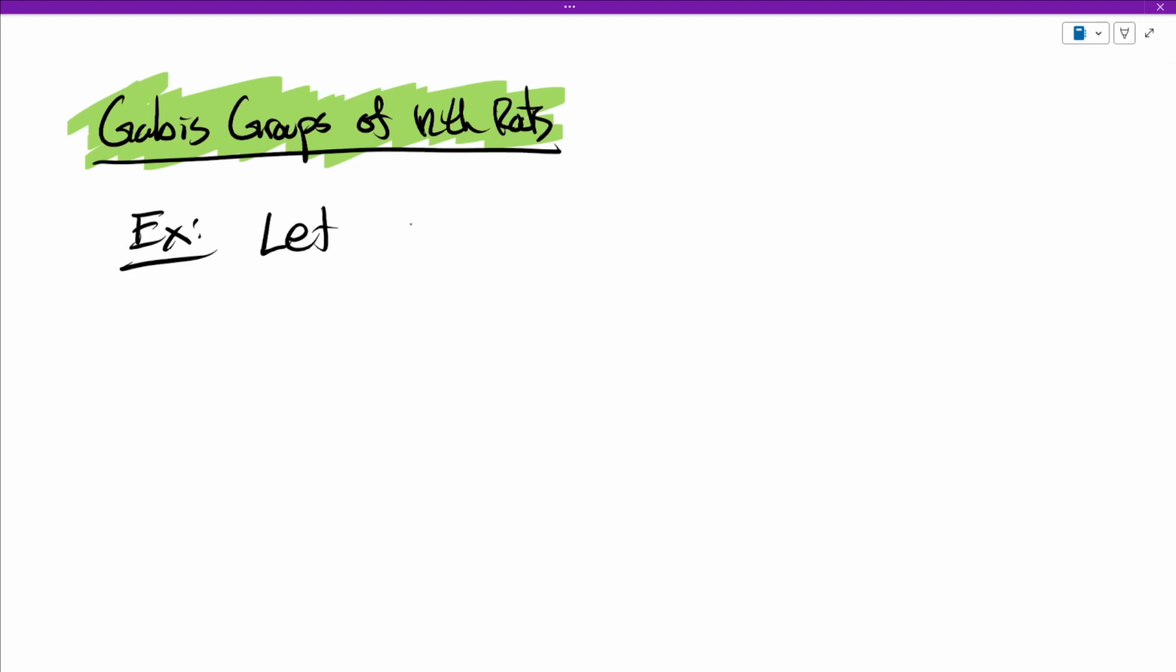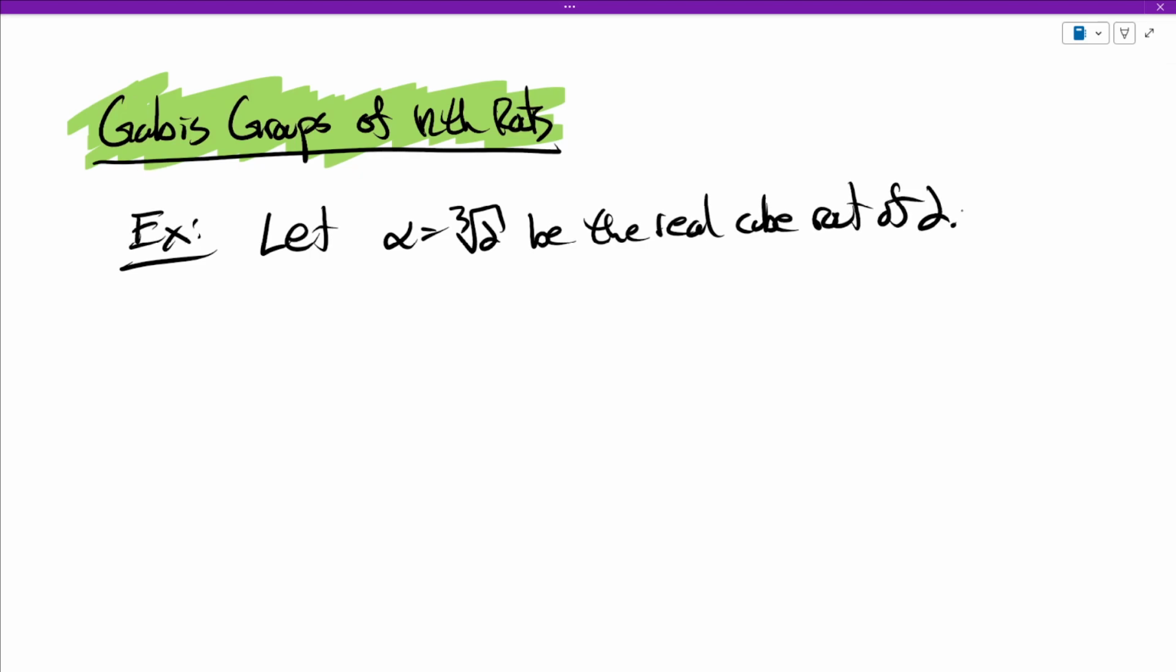So let's let alpha equals cube root of 2 be the real cube root of 2. Remember, there's 3 cube roots of 2. There's the real cube root, and then omega and omega squared times the cube root of 2, where omega is a primitive cube root of unity. All right, so